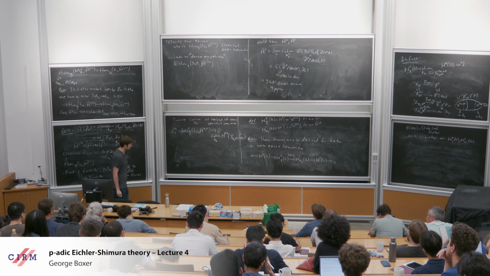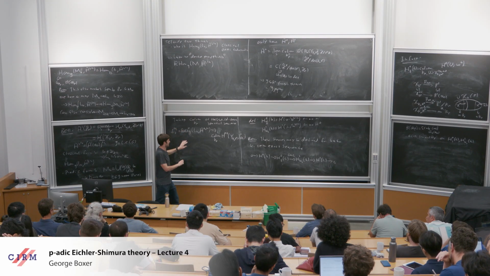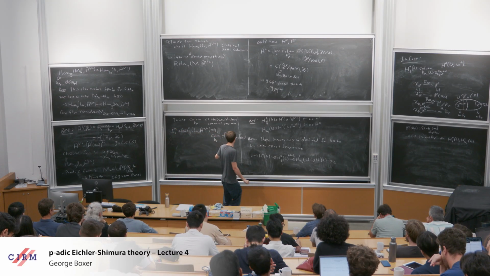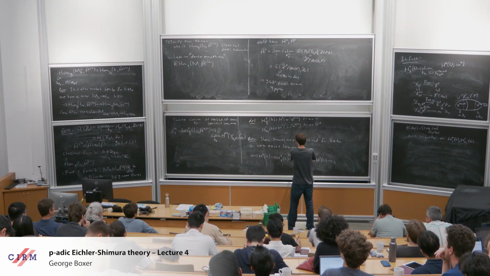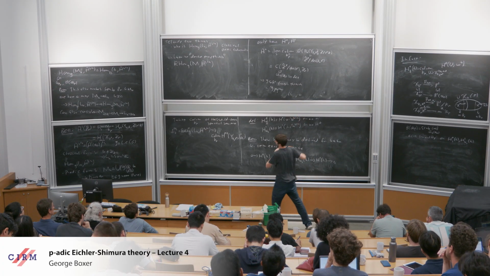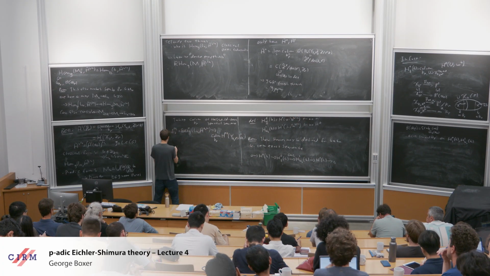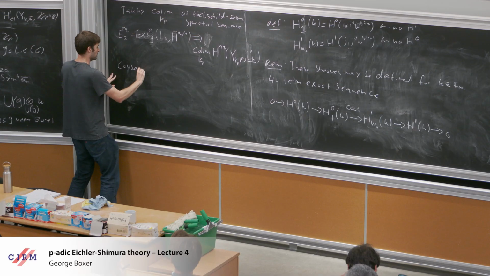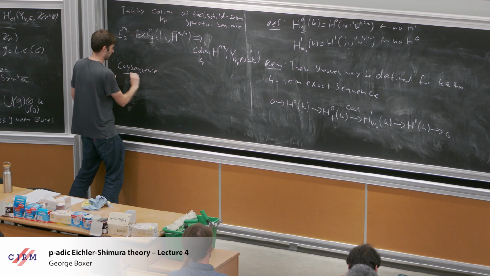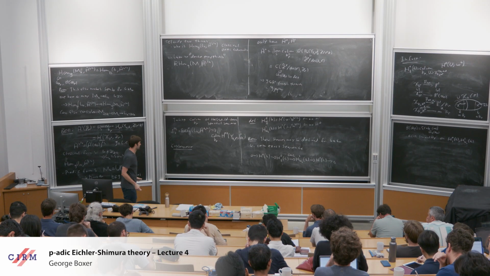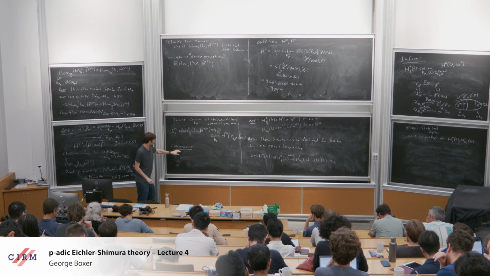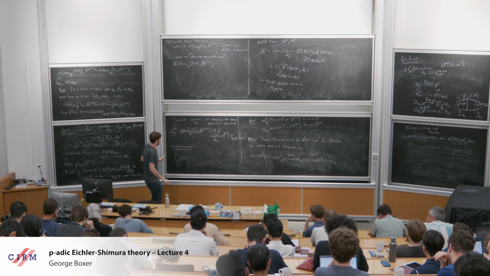Okay? And so a consequence of this spectral sequence, sorry, not this description of H0, and I'm not really going to explain this very carefully, because I need to talk about p-adic Eichler-Shimura, is that,